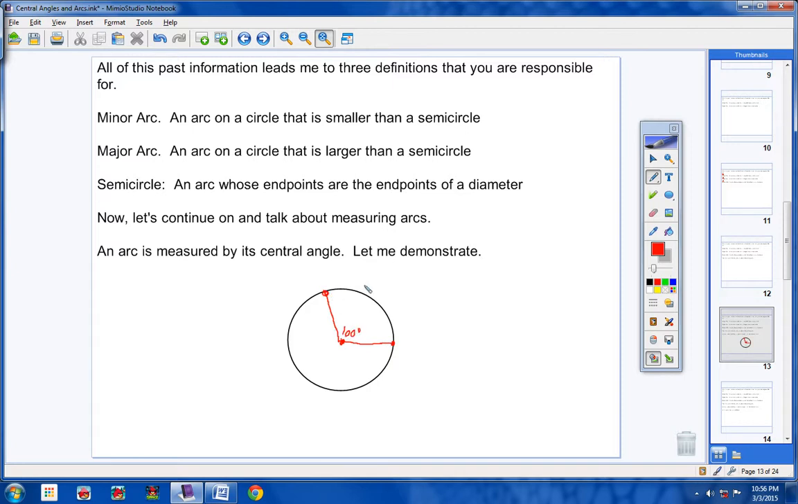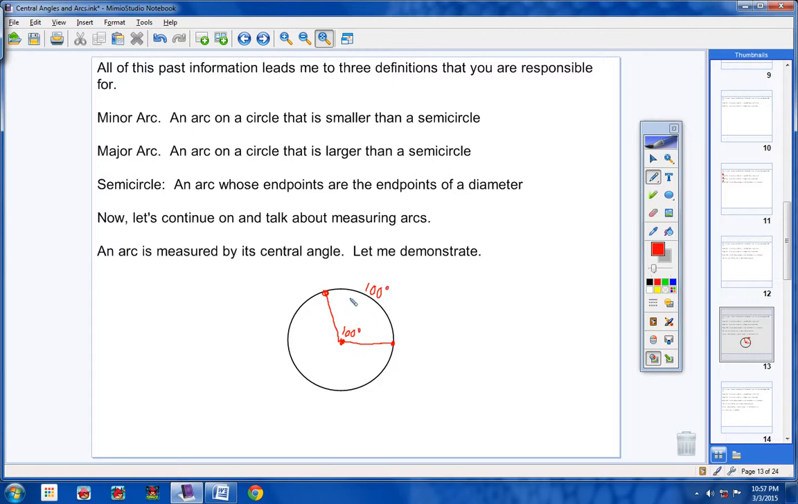Got it? Then we say this arc is also 100 degrees. Okay? So that's simple, guys. Whatever the central angle is, that's what the arc's going to be. Now, guys, I know we're used to angles being less than 180, and that's fine. But just understand, for the sake of using 360 degrees, we are going to have some angles now that are larger than